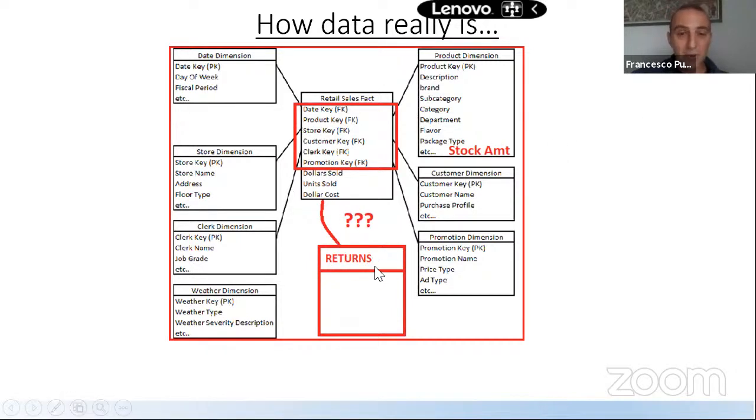Plus, imagine you have the table of returns. The table returns needs to be connected to the sales or the orders, whatever it is. So it needs to have a foreign key that says, okay, this particular return is related to that particular row of sales, as I had it in the example that I showed you earlier. But is it easier that a retail sales row has a unique identifier, or you should combine the keys? To me, combining the keys is very painful. You should bring all these keys also in the returns table. And what happens if you don't do it, or if something goes wrong? It's much easier if you put directly a unique identifier for a transaction.